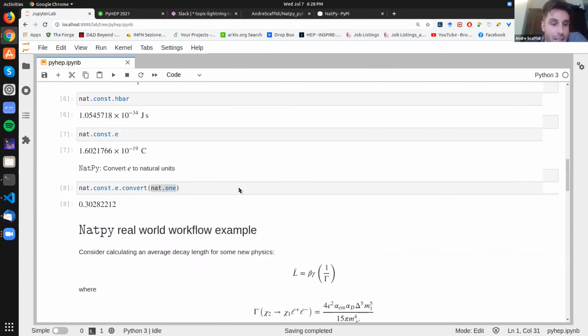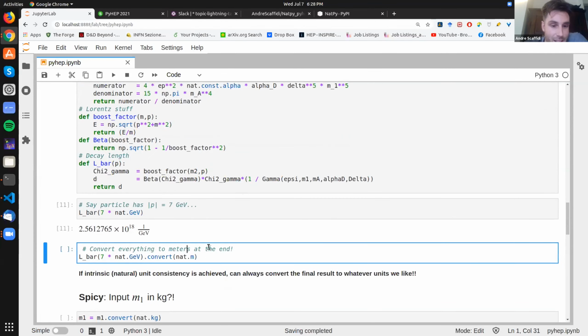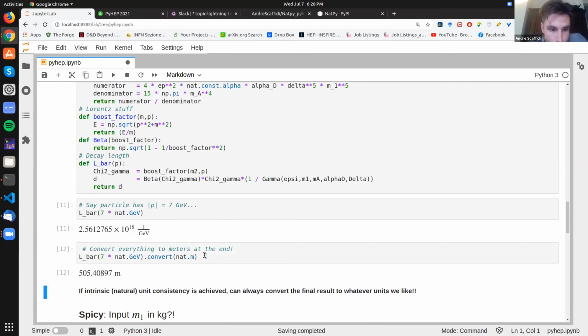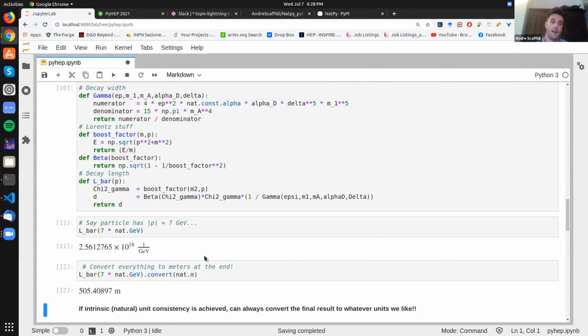But we've got NatPy, so we'll just use that. And we can, again, call this convert method, telling NatPy that we want our answer in meters. And there we go. The point is, as long as intrinsic natural unit consistency is achieved in our code, we can always convert the final result, or anything in between, actually, to whatever units we want, as long as it's all consistent within our